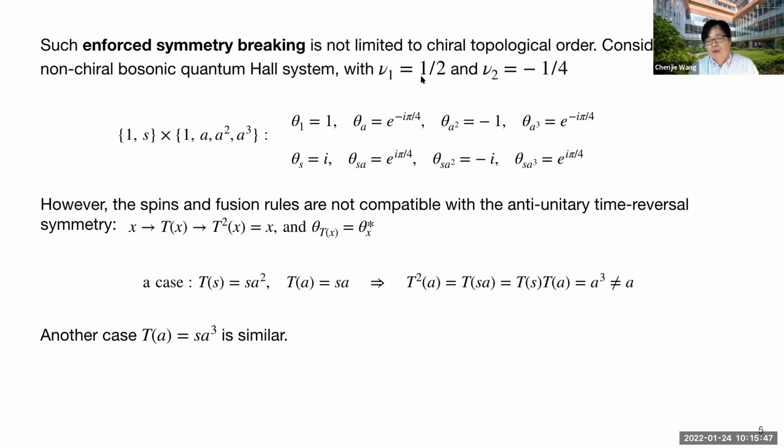For chiral topological order, regardless of the filling factor, it's always 1, or this one is always -1. So when you add them together, it's 0. So you call it non-chiral basically because the thermal Hall conductance is 0. Normally we call this not maximally chiral, but still kind of chiral. So when I say non-chiral, I really only mean kappa xy equals 0.